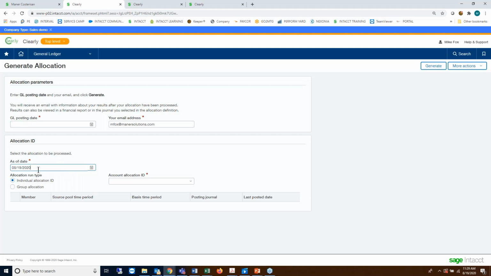Usually this is going to be the same as your posting date, but Intacct is giving you the flexibility to change the as of date. I'm not really sure I can come up with any examples of why you would want to do that. And then you are going to decide between generating an allocation for an individual allocation or for a group. And if you had a group set out there, it would be listed. For your individual allocations, we know we only have the one. We would pick that,